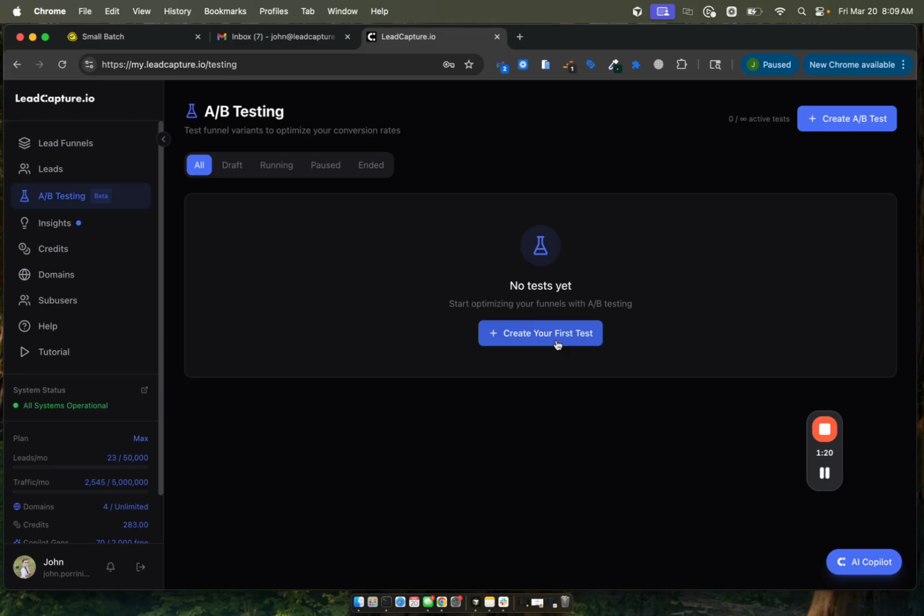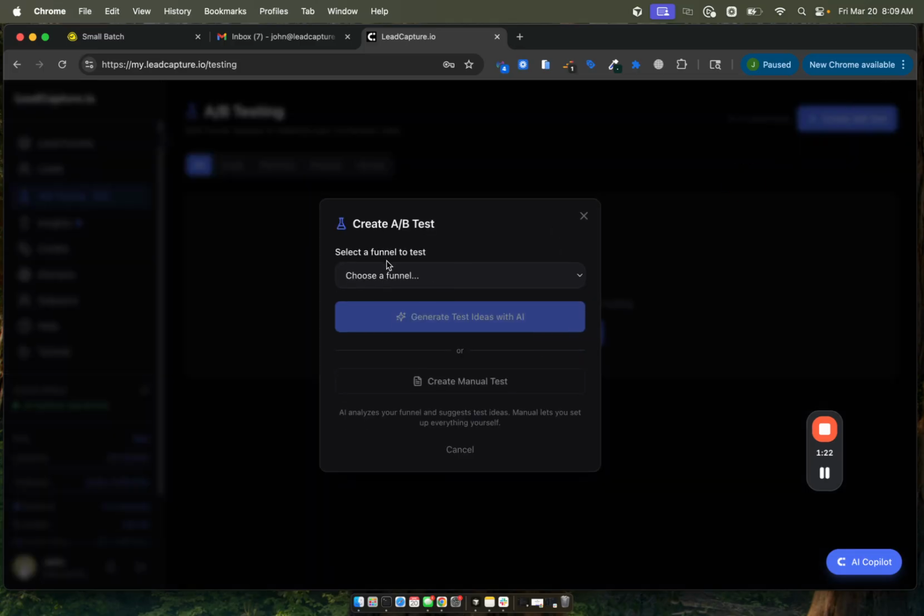You can do that by clicking here or up there, and then you have two choices. You can have AI generate test ideas for you. The AI will go through your entire lead funnel. It will take a look at your data and it will help you determine some areas to test. And it will give you a ranked priority list of ideas to test. Or you can start a test. You can create a manual test and have AI analyze the test later